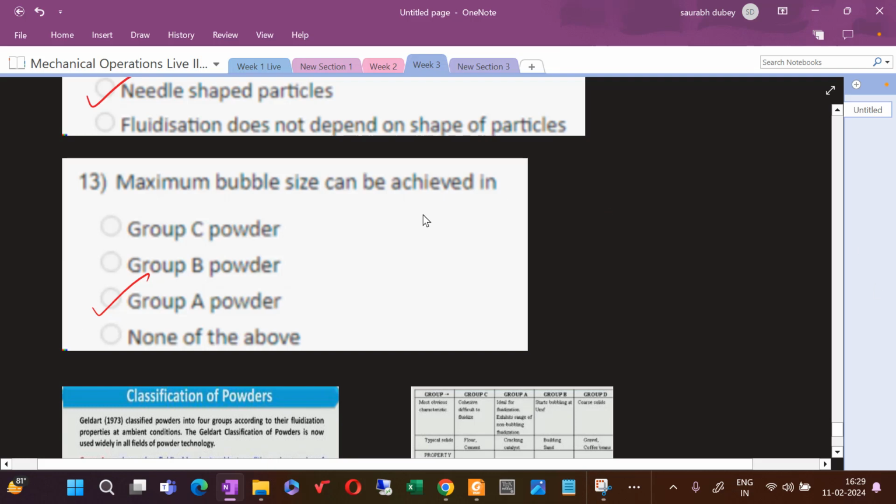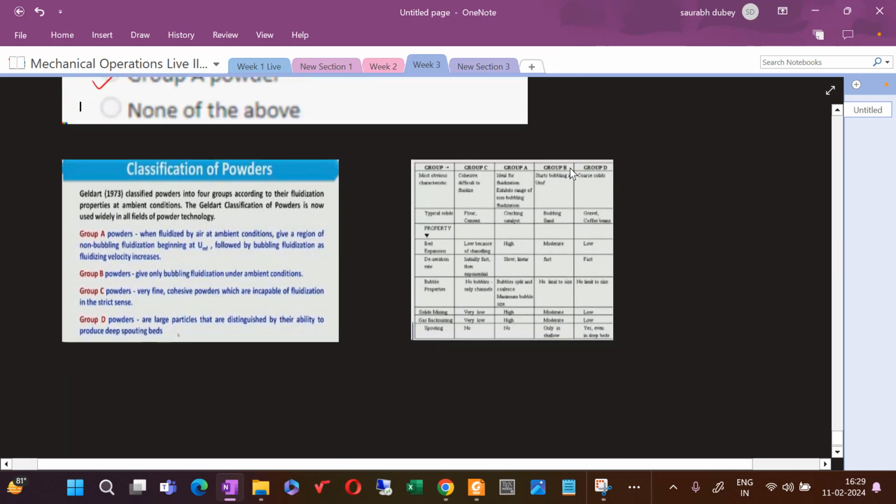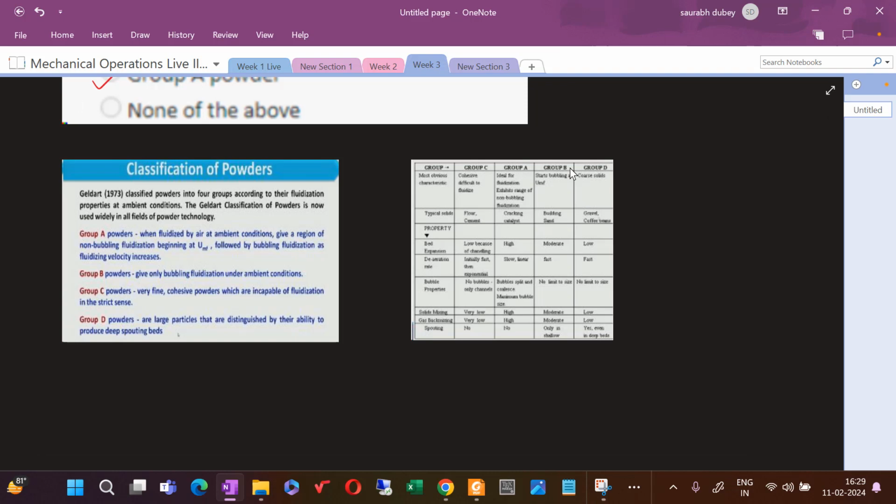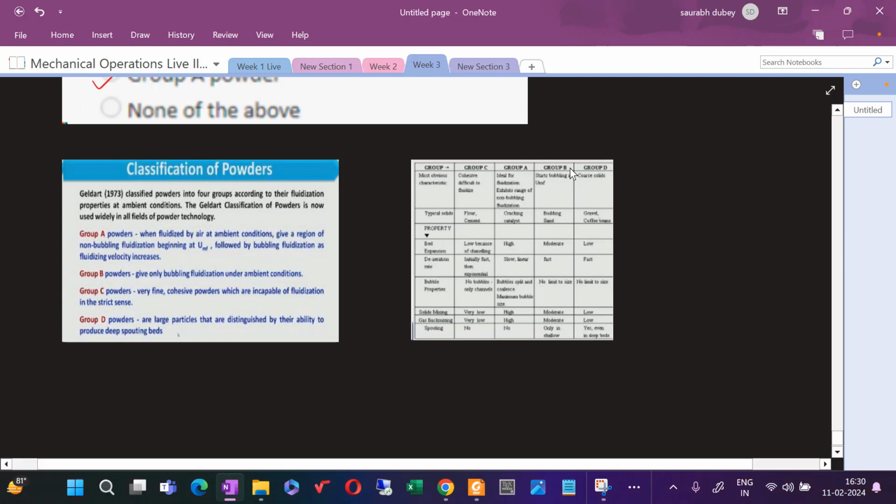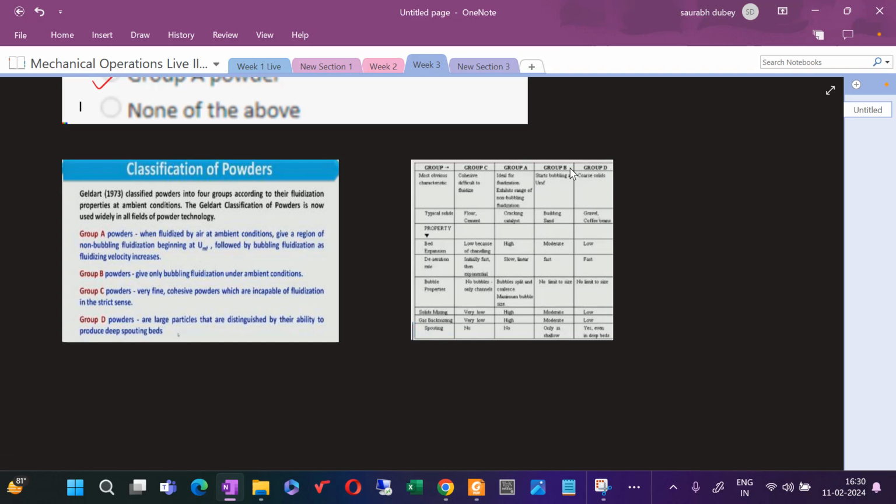And here remember this, you have been defined different powders. The first powder is fluidized by air at ambient condition, giving non-bubbling fluidization beginning at the minimum fluidization velocity, followed by bubbling as the fluidizing velocity increases. Then the powder gives only bubbling fluidization under ambient condition. And then there is a powder that is very fine